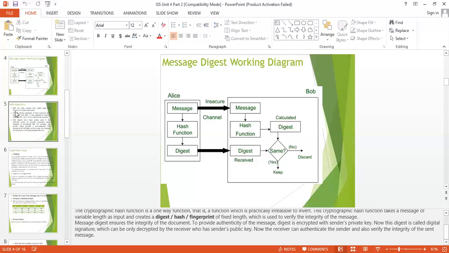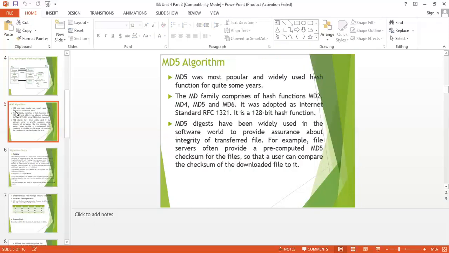So now we discuss the MD5 algorithm. The MD5 algorithm is a message digest algorithm that was developed by Ron Rivest. MD5 is an improved and the latest version of all the MD algorithms. MD5 was the most popular and widely used hash function for quite some years.